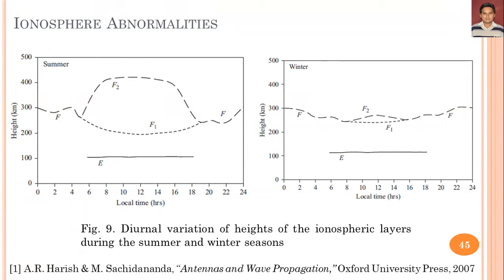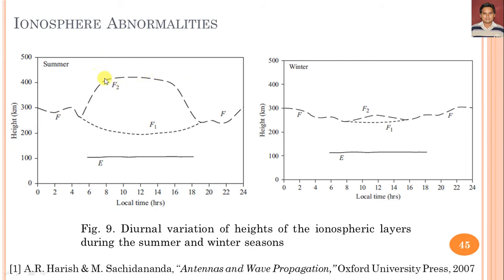Here you can see two figures, and in these two figures, the characteristics of ionosphere layers variation with respect to local time versus height is observed according to diurnal variation of height of ionospheric layer during the summer season as well as during the winter season. Here you can see during the summer season